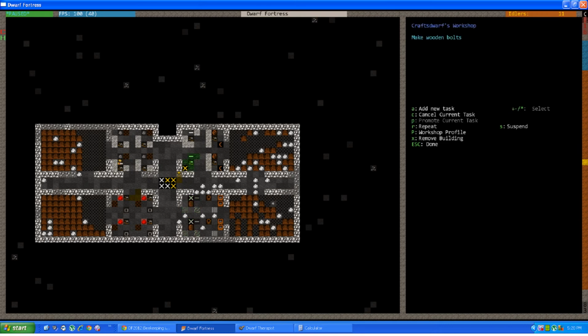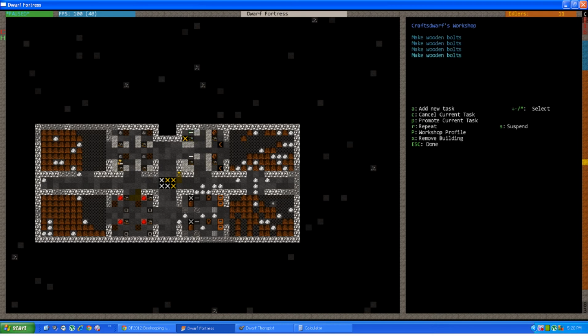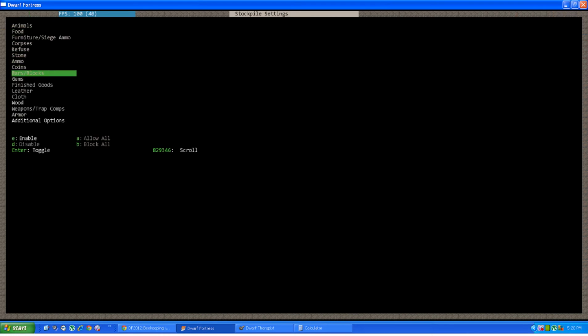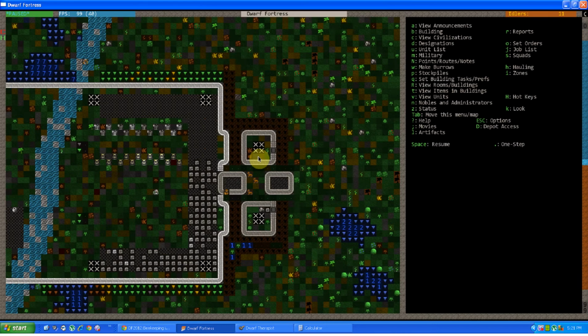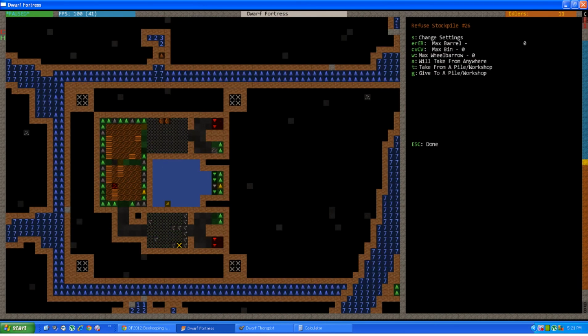Wood. Bolts. I guess I should make bone bolts if I wanted to, but well, I could bring the bone down here. Oh, there goes my alarm. Refuse. Enable block all bones. I mean, it's very possible you bring the bones down here. Might be better if I do that. Yeah, I don't really have enough space for it, so